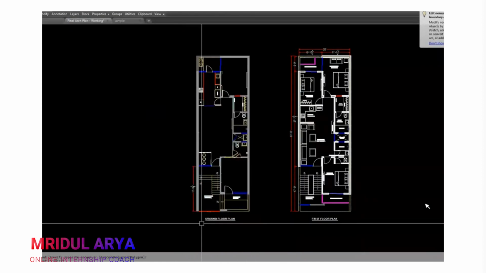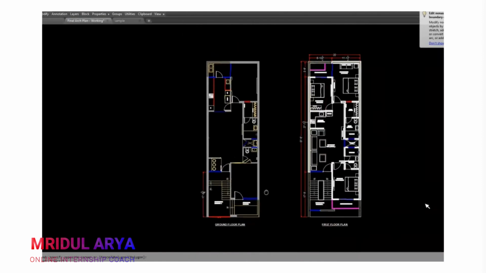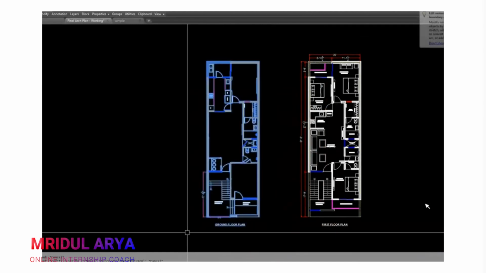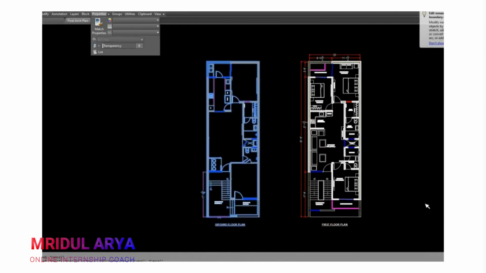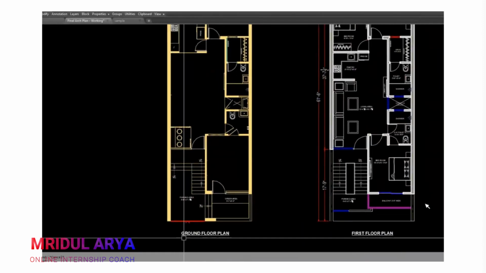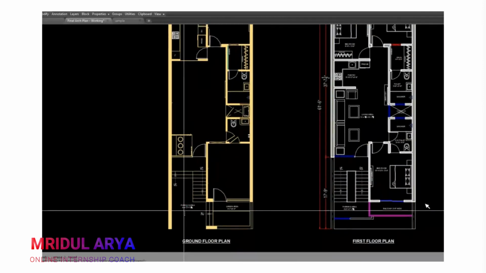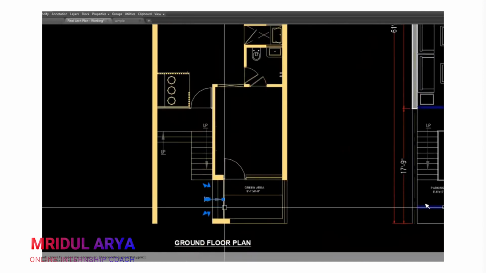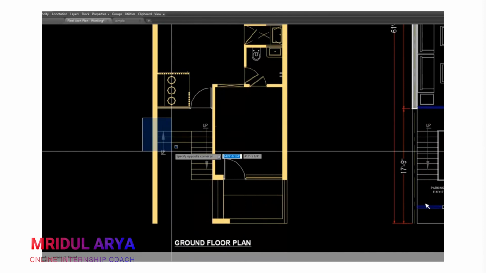Okay? Now you can see that some elements already converted but most of the elements not. So I will go to the properties and select by layer. Now most of the elements are converted, but there are still elements which are not on my right column.